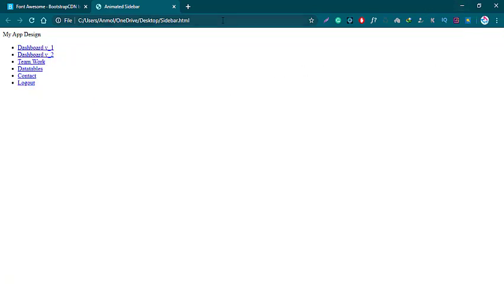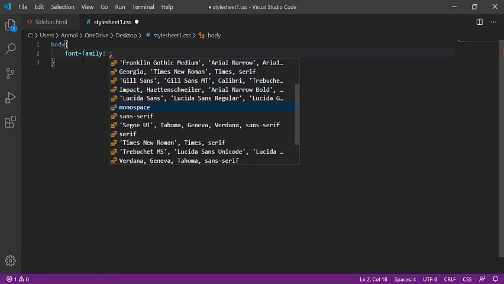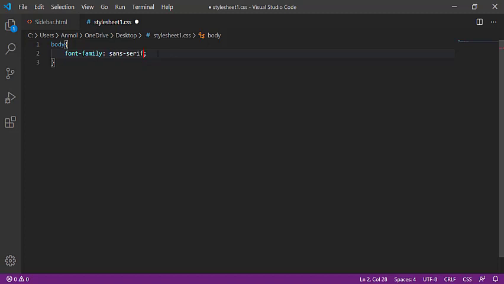Now going to some styling, applying on the body just a font family to be better or more professional. I am giving sans serif. Okay, and after this I am putting the star selector. Star will work on all elements of the HTML document. Means that if you have another list or any header or div, anything in the body tag, the star will apply every styling that you give to this.